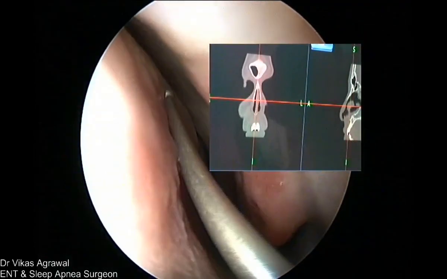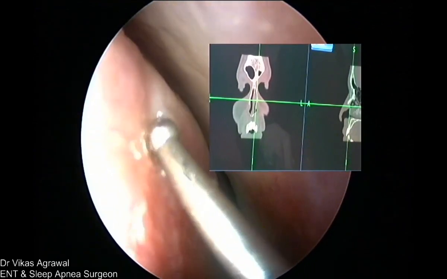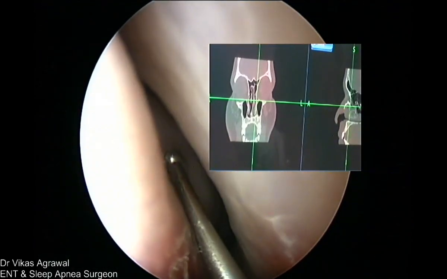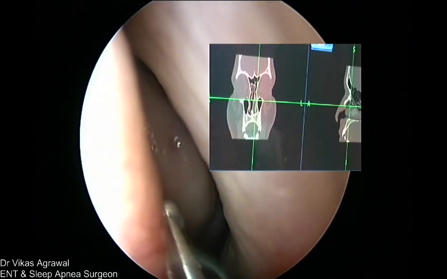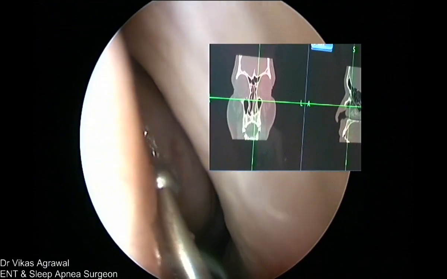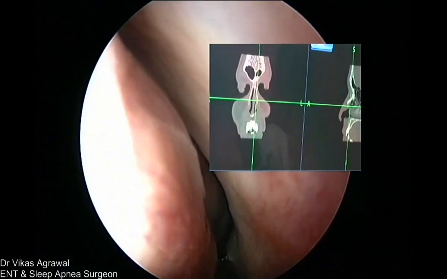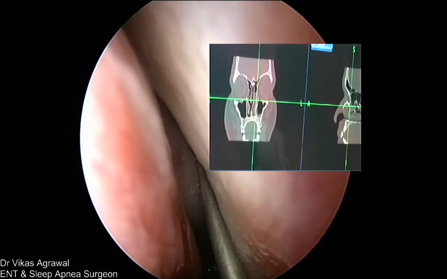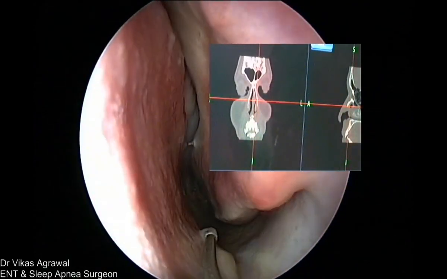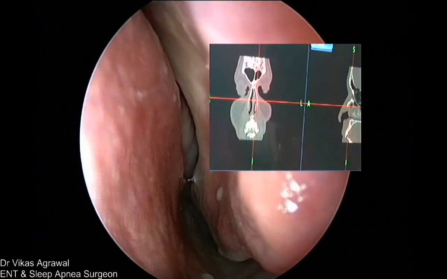And where is this high septum? It's not near the skull base at all. If you see on the navigation screen, it's below the frontal sinus, correct? See, this is the middle turbinate here, and see the septum here is so low. So if you remove this part of the septum, there's no way you can damage the skull base. If you do not remove this part of the septum, then this middle turbinate area will not open. This functional endoscopic sinus surgery will not work. The patient will not have an open nose. So even if the nose looks open like this, this is the most critical area we have to work on. Now,